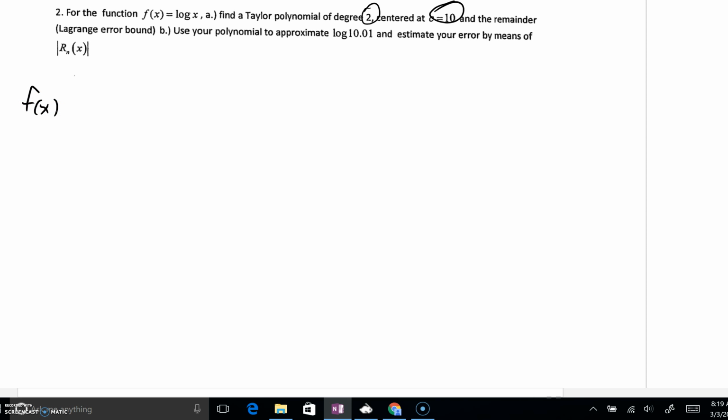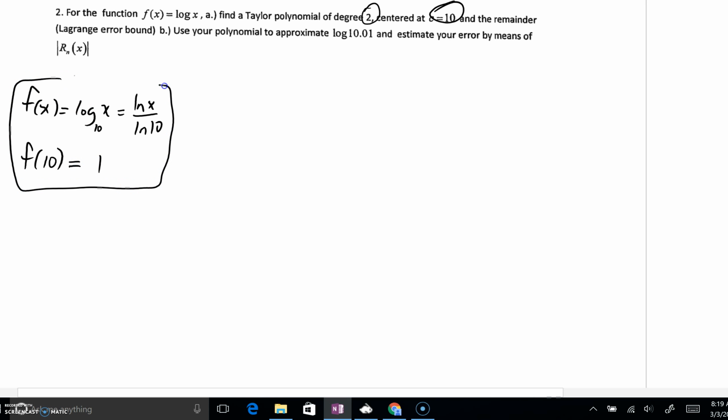We've got f of x is going to be the log of x, which, by the way, is also the natural log of x divided by the natural log of 10, if we changed our base. But, of course, we need to find out what f of 10 is. F of 10 is simply a 1. If we take our first derivative, again, working off of that natural log of x over ln of 10,